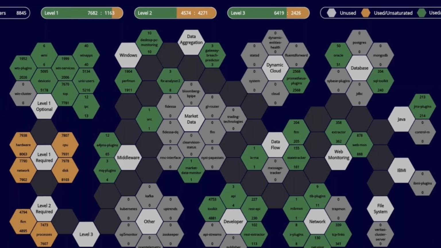What the beehive does is give an overview of plugin utilization within any organization. At the top of the screen, you can see the total count of servers. To the right of that, you see level 1. It's nearly fully compliant, with 1,163 servers needing to be remediated. Level 2 is a near 50-50 split. And level 3, you can see